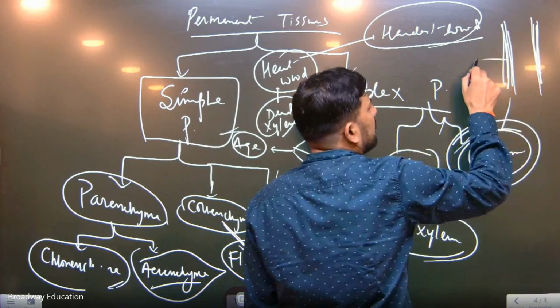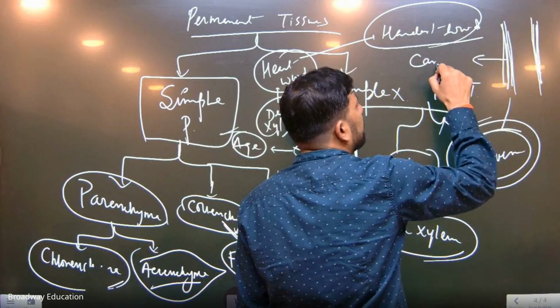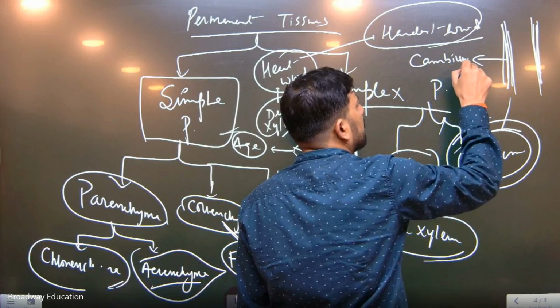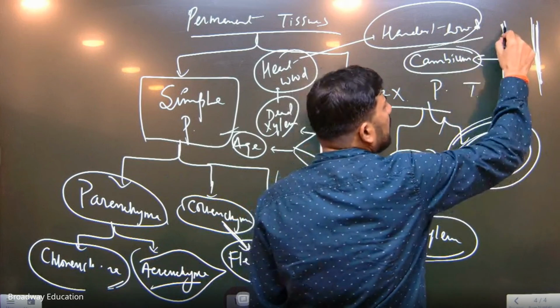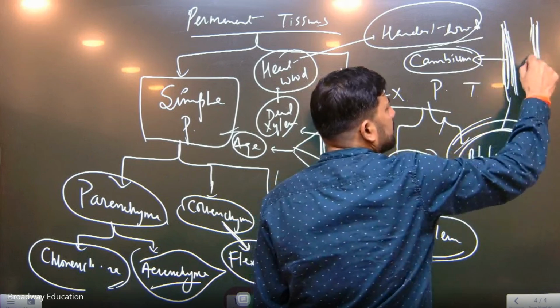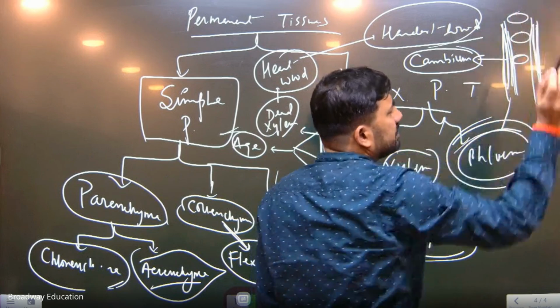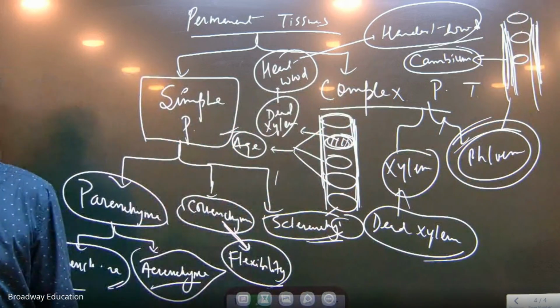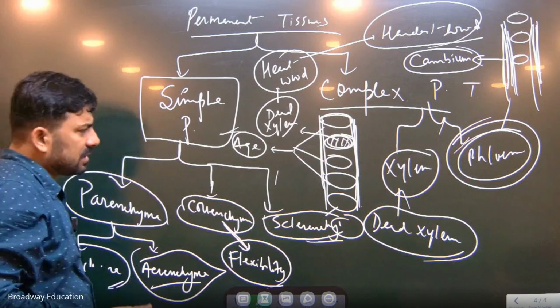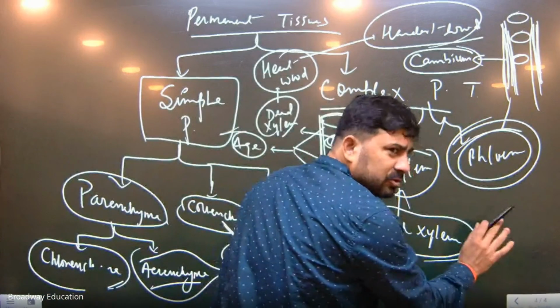Okay, and this is called cambium. Okay, these are the phloems, and in the center we have the xylem. Is this part clear with everyone? Yes or no? Now after this, I also discussed about this much only, right?